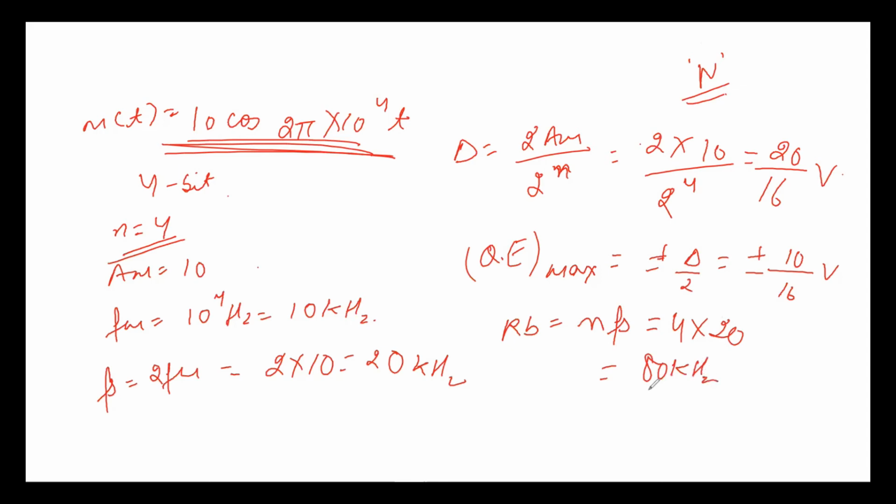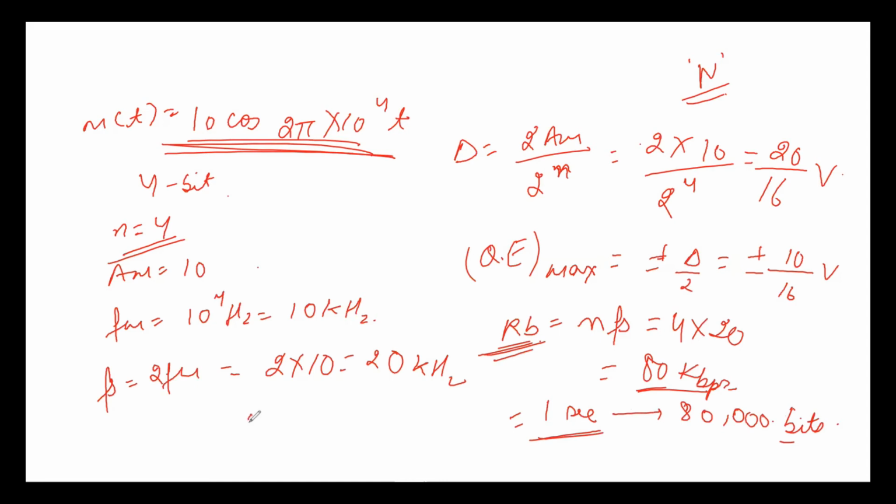So what do we understand by 80 kilohertz? It is actually not kilohertz. The unit of bit rate is given as 80 kbps. kbps means kilobit per second. So it means that in 1 second, it is transmitting 80,000 bits. What is the meaning of bit rate? How many bits it is transmitting in 1 second. So in 1 second, it is transmitting 80,000 bits. Okay, so this is the bit rate of this PCM system.